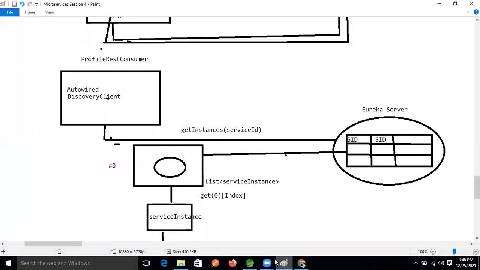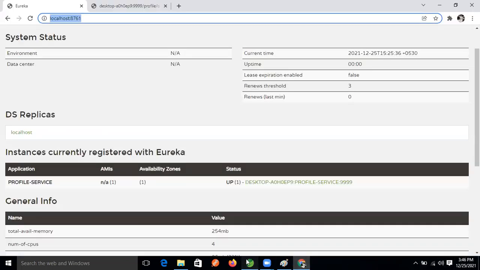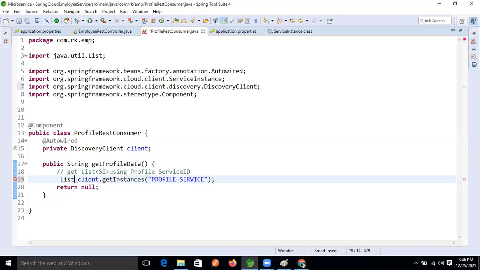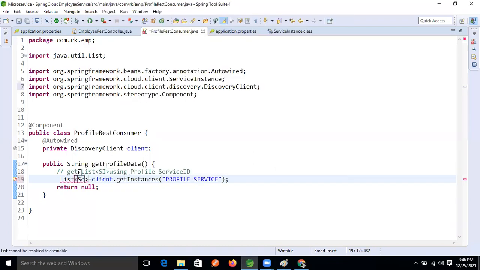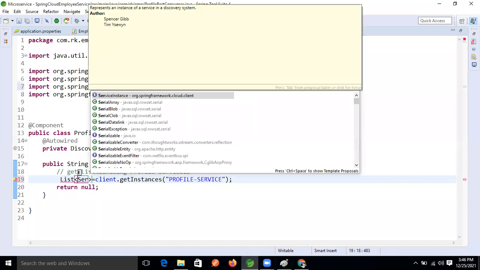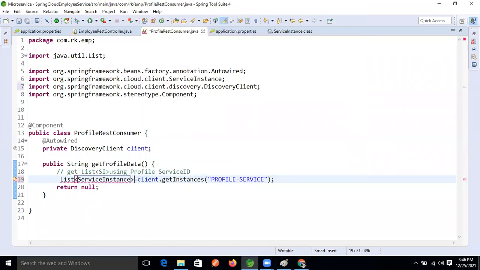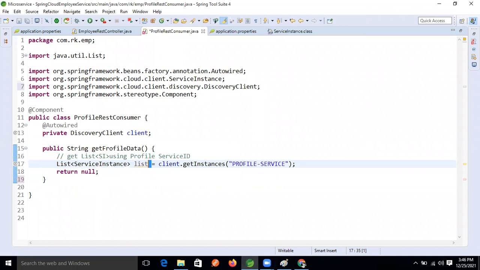A list of service instances. We are getting the list now, guys.